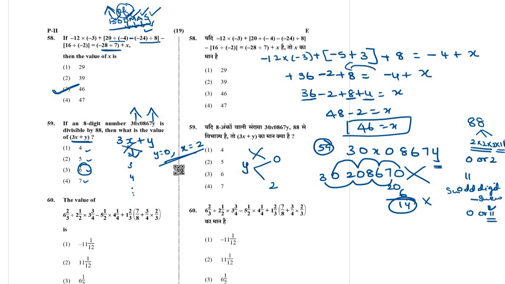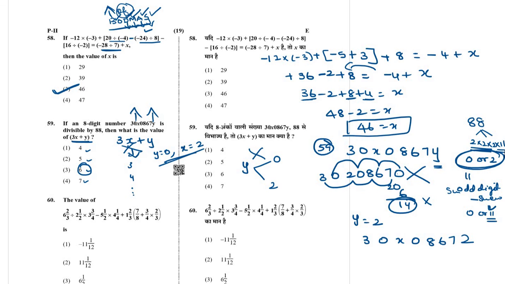Next, move to the second one. Suppose I am taking y equal to 2. y has only two options, 0 and 2. So suppose y equal to 2: 3, 0, x, 0, 8, 6, 7, 2. It's an even number, therefore I am putting 2. So one more condition is satisfied, for 11. Again I come to the options. No need to check all numbers from 0, because the possibility is that x value is 0 to 9.